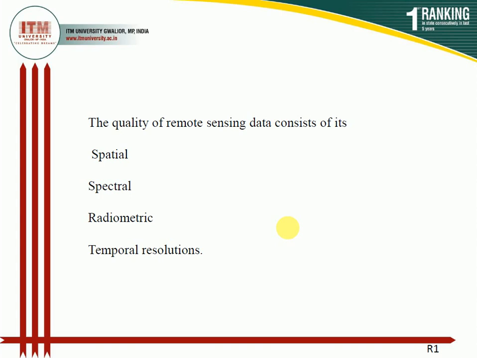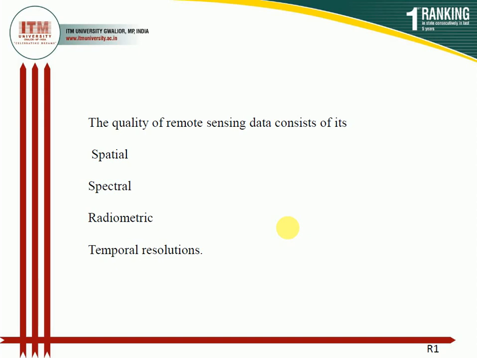A plot of spectral reflectance versus growth stage of the crop provides a phenologic pattern, which is the main characteristic of the crop. Therefore, remote sensing data acquired over the same area at different times can make use of temporal characteristics to differentiate between them in a better way.